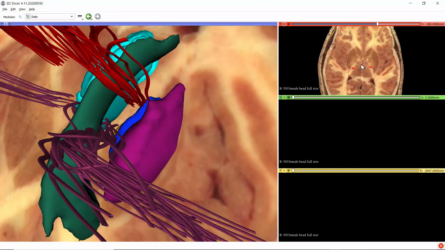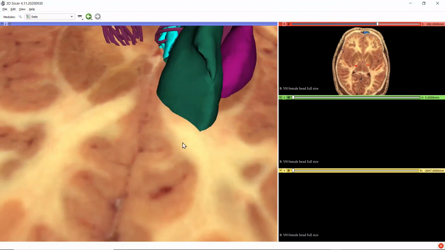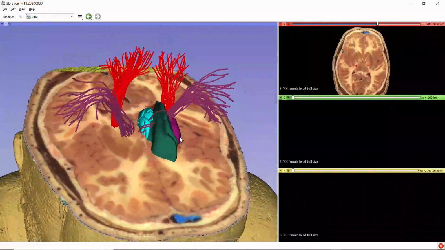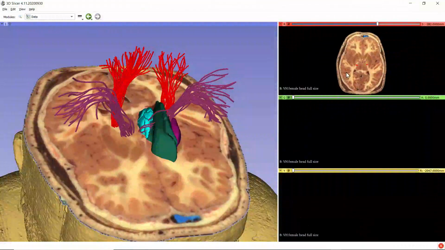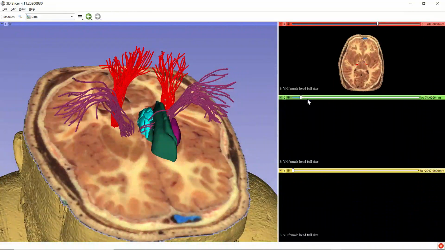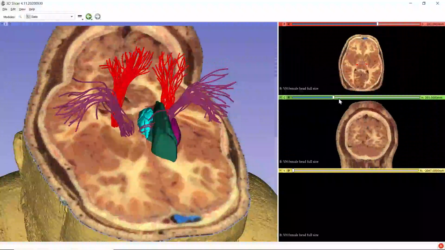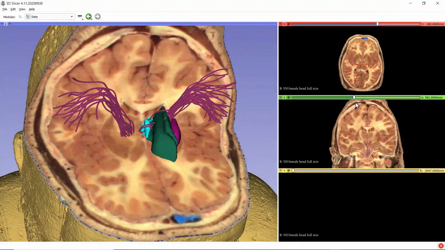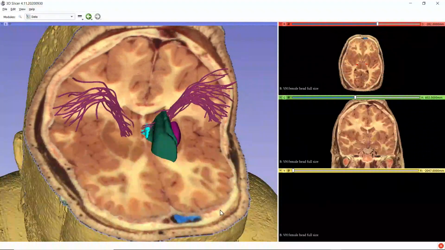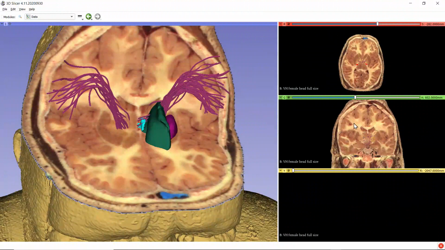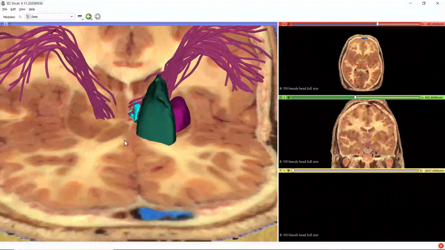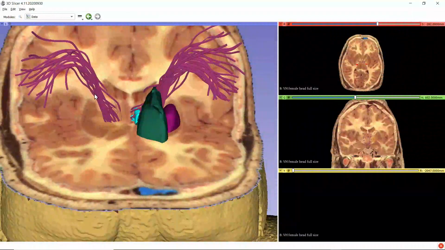Can we show that these fibres are visible in the coronal plane? Well, yes, we should be able to do that if I can get a nice angle. Let's try to demonstrate these fibres running in the coronal plane. So here comes the coronal plane, moving in an anterior direction. Let's just do it for these fibres for the face. We can see here the diagonal band of the internal capsule visible within the coronal plane, and we can see it running through the posterior limb, sandwiched between the lentiform and